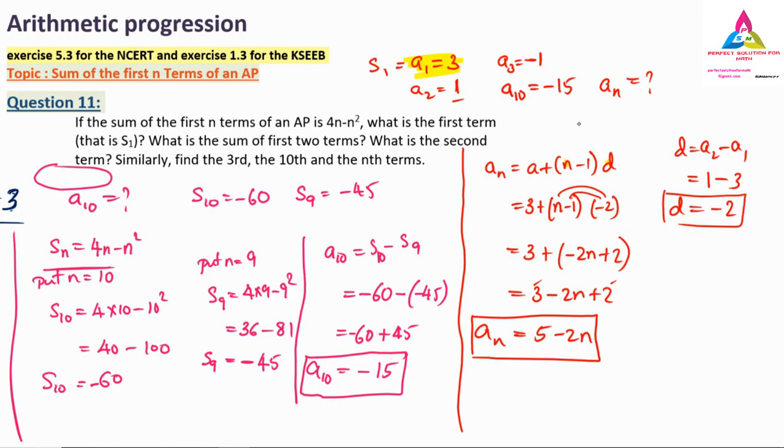And what they have told you to find, a1, that we found. They have told you to find a3. See here, a1, afterwards the second term also we found. And then they have told you to find a3, then a10 they have told you to find, and then lastly they have told you to find an also. We found all these terms. So this is the answer. If you have any difficulty, just go once again and glance at it and solve this. It is very important because if you know this much, you can solve this. Otherwise, it will be a little bit difficult for you.